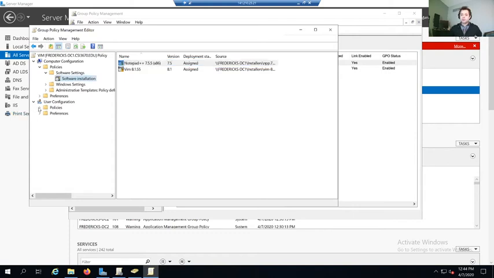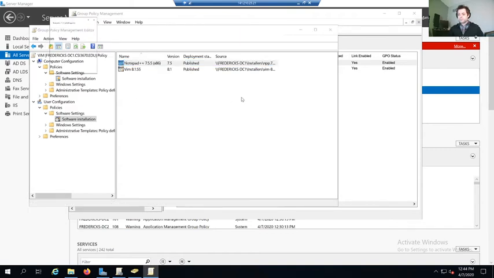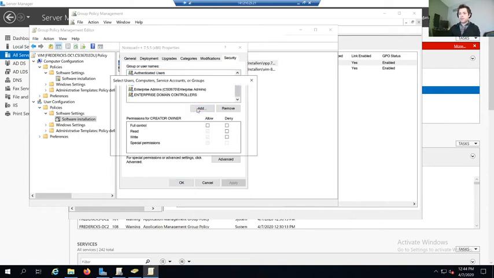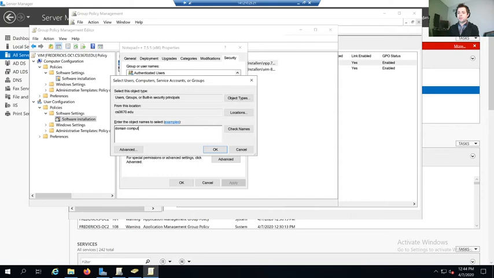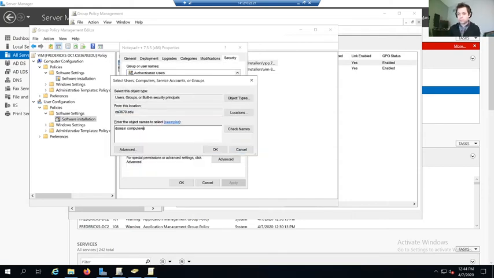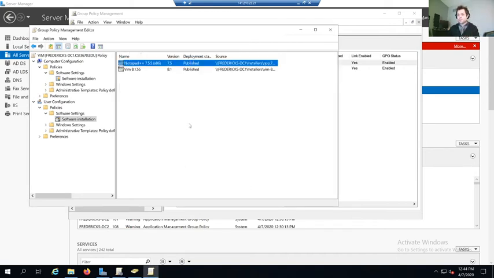Now I also set it in user config. So again, policy, software settings, software installation, same things in here. Set to auto install whenever the user would log in. Let's also add that in here just to be on the safe side. So I'm adding domain computers. Oops, spelled it wrong. Computers. So we have that, full control. I'm giving too much control to some of these various things when they don't need change access, for instance.